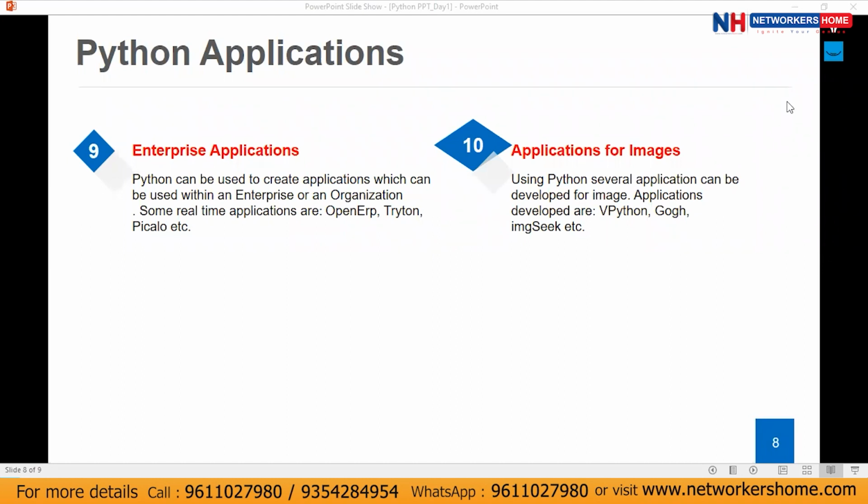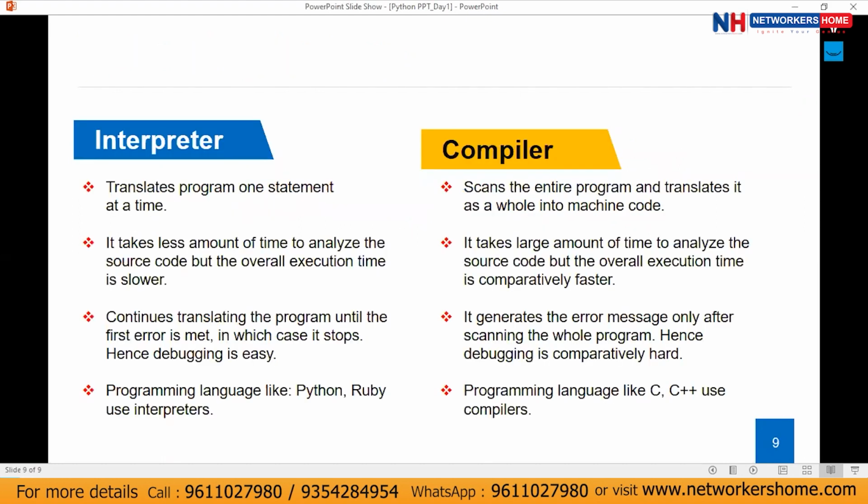Okay. Now one last thing which I haven't mentioned in the agenda: we will discuss the basic difference between a compiler and an interpreter as well. So let's move to the next slide. There are two kinds of converters. These will convert any high level language into low level language, or you can say machine level language, because high level languages are user friendly, and humans can read those languages easily, but